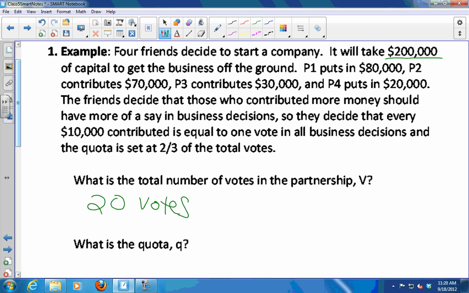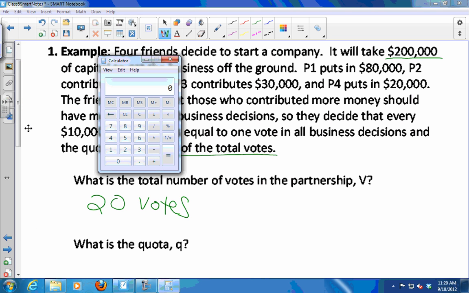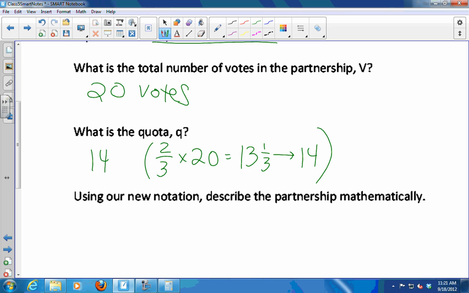$11 would be a majority, but we're requiring 2/3. So you need at least 2/3 of 20. Calculator. Let's do 2/3 times 20, which is 13 1/3. But you can't have 13 1/3 votes, so we'll say 14. So the quota is 14, and we get that by taking 2/3 times 20, which is 13 1/3, which is impossible. You can't split your vote up. So we say it takes 14 votes